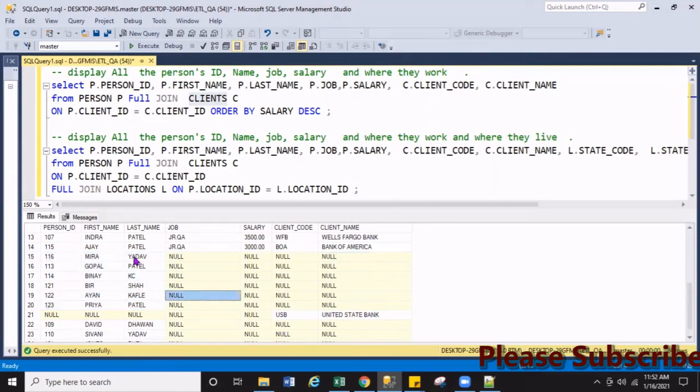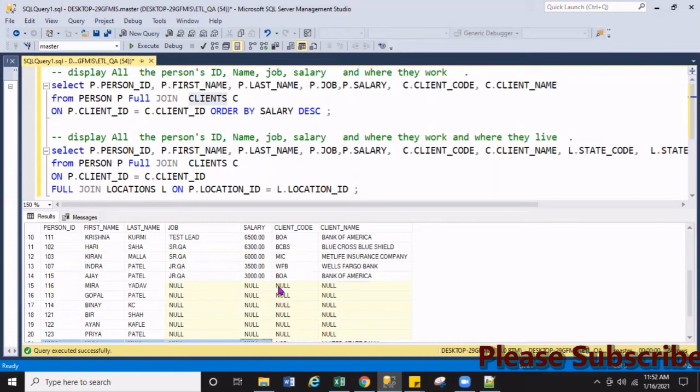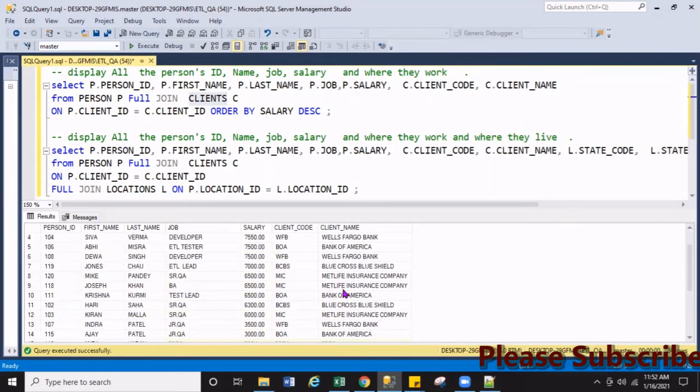These records came from our person table, these records are not in the client table. Similarly, if the client is given and the person is not given, that means this record is in the client table but not in the person table. If you see in both, that means they are a match.